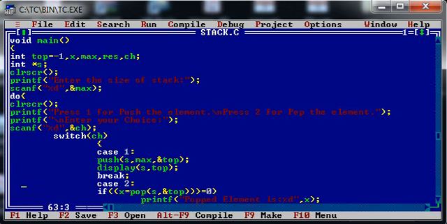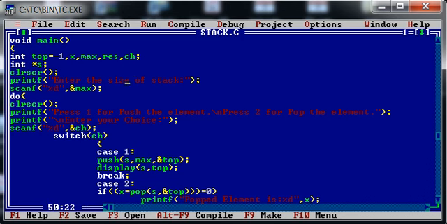As you can see, initially when there is no data available in my stack, the top pointer will be at the -1 position. So initially top is assigned -1. X is used to store the value retrieved during the pop operation. Max is a variable which represents the total size of the stack. RES, the response variable, is used to ask the user whether they would like to continue performing operations or not, and CH stands for selecting the choice from the user, since I have implemented a menu driven program.